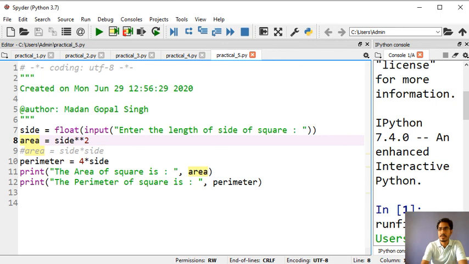Okay, so just write down the code and practice in your Python editor. If you have any issue, then just